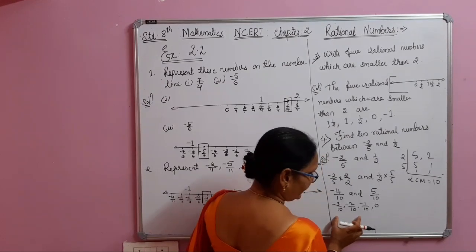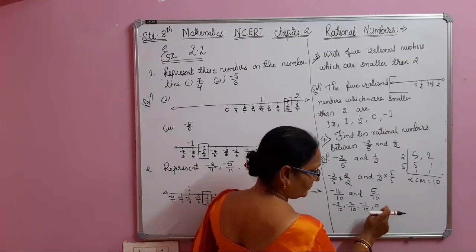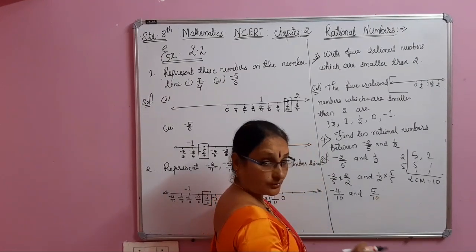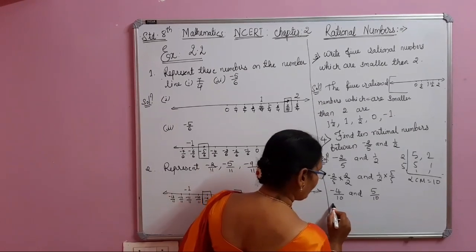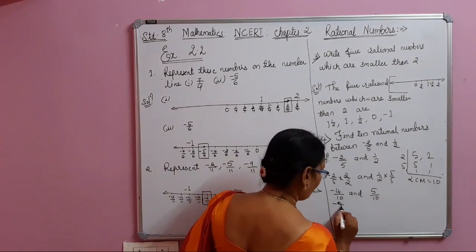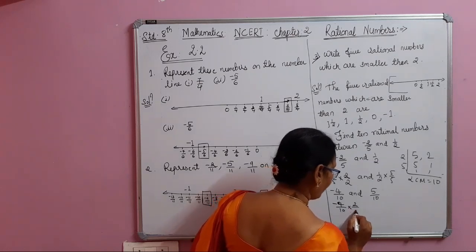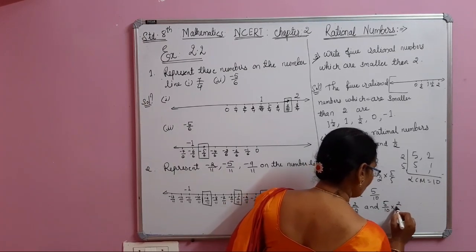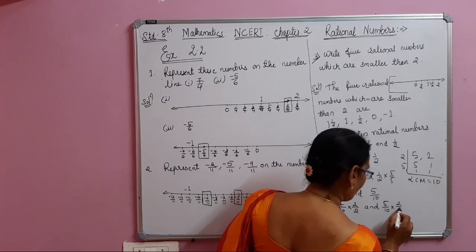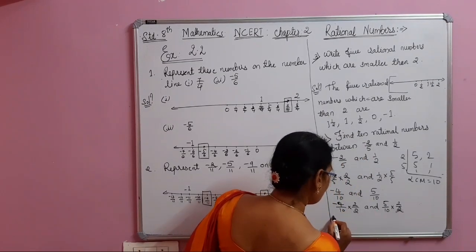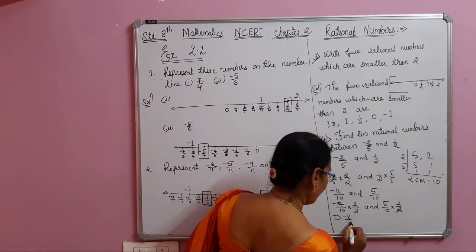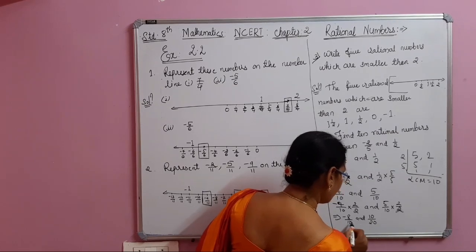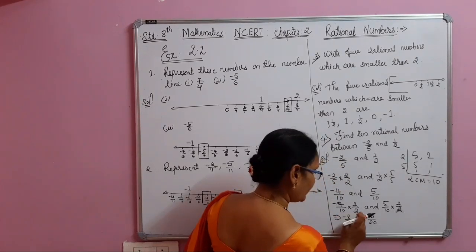See here, if we write like this, 1, 2, 3, 4, the next step, 1, 2, 3, 4, 8 will come. So we don't get 10. To get 10, what to do? We have to multiply these by 2. Minus 4 by 10 into 2 by 2, and this also 5 by 10 into 2 by 2. So this implies minus 8 by 20 and 10 by 20. 8 and 2s are 20, 10 2s are 20.